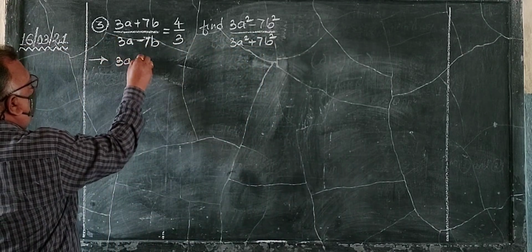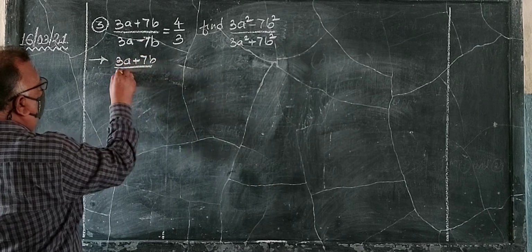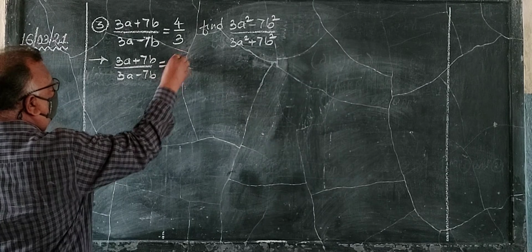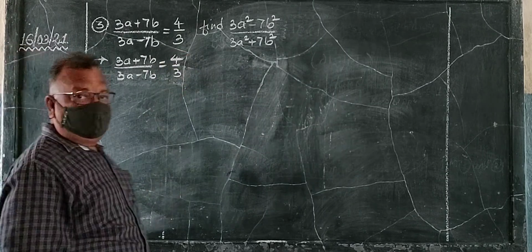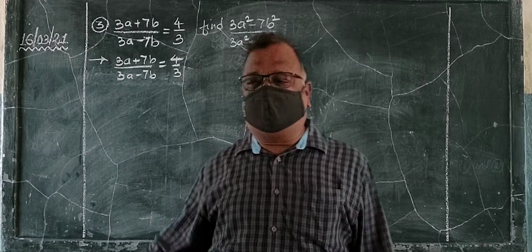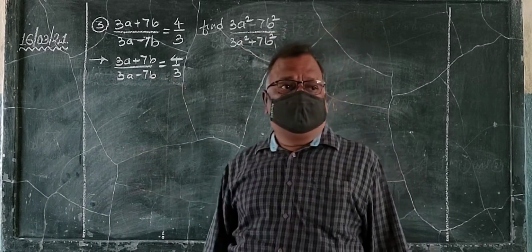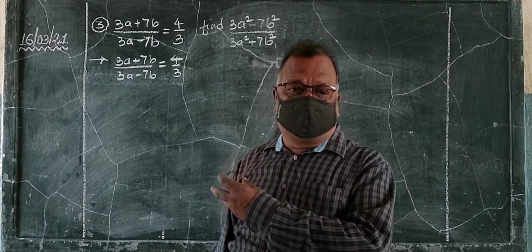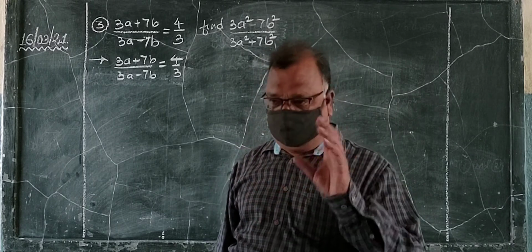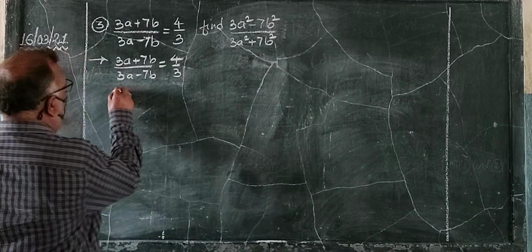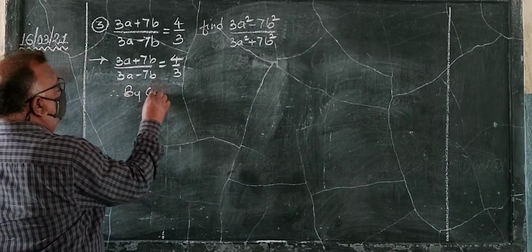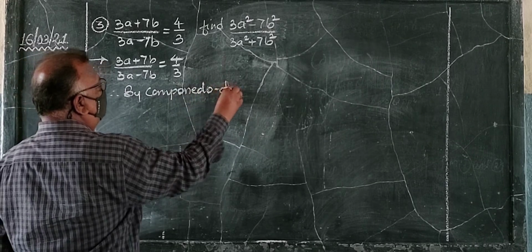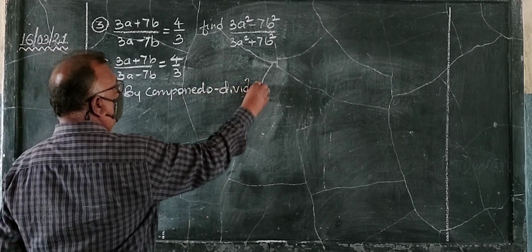Write (3a + 7b)/(3a − 7b) = 4/3. Now, if you look at the question, if you look at this information, you have to apply componendo dividendo to the given ratio and then see what happens. So, therefore, by componendo dividendo,